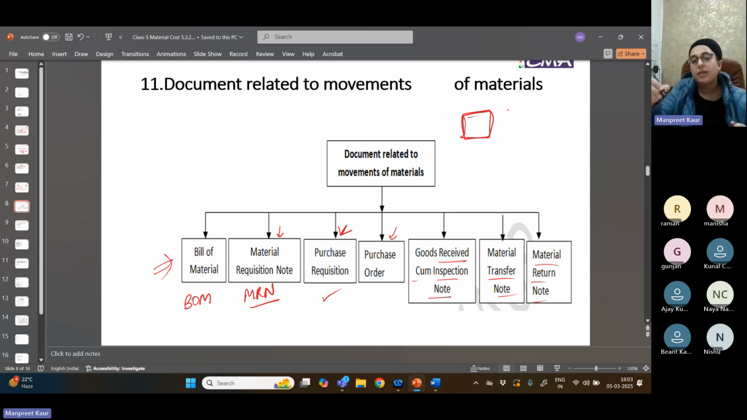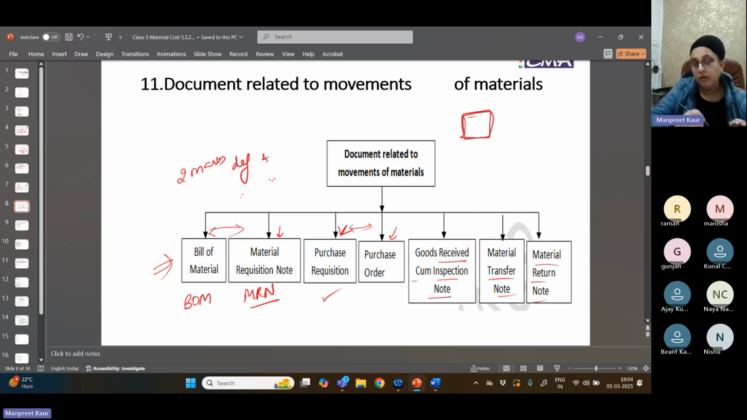MRN, BOM, this topic is very important. What is the difference between BOM and MRN? What is the difference between purchase requisition and purchase order? It is in your module, read and discuss. In case of any doubt, these movements of material are important in 2 marks definition as well